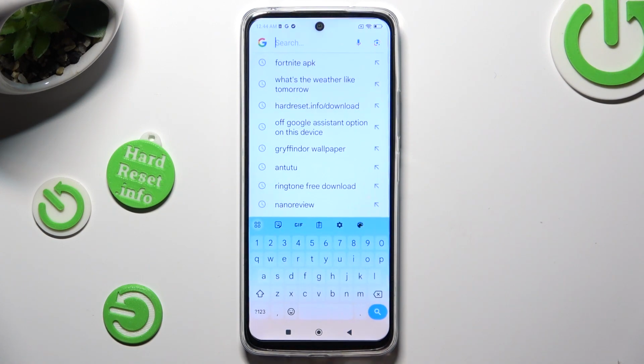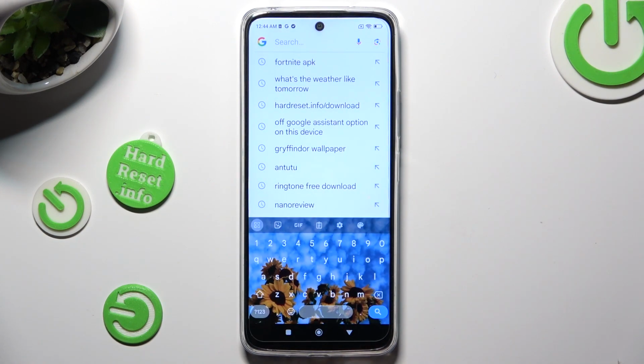So when I go back this time, as you can see, theme of my keyboard was successfully customized with an